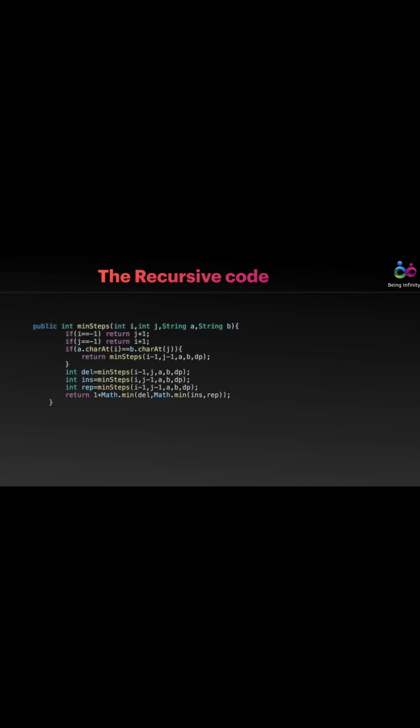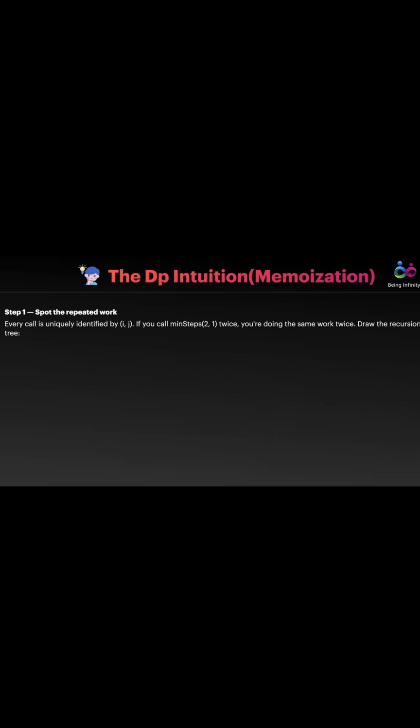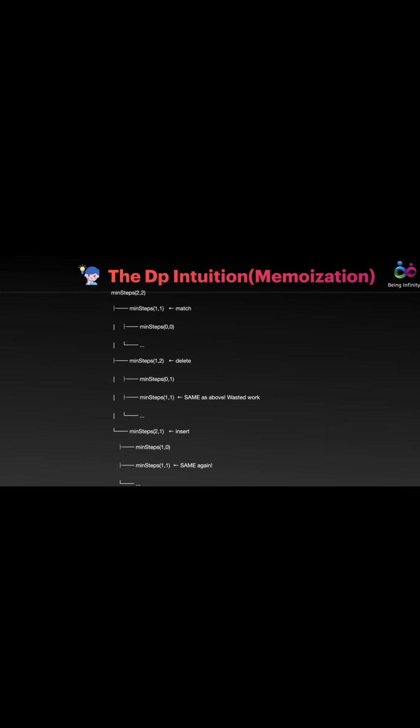and to convert this into DP code, we will be using memoization. That means we will be reducing the number of steps that we repeatedly calculate. The intuition tells us we do not need to calculate the values at each step. Every call is uniquely identified and we spot the repeated work in the calling of the function. If we see, we have called minimum steps (1, 1) 2 times, from the function calls (2, 2) and (1, 2). That is, we are increasing our work, and to decrease it, we can store these answers in an array. The array will be 2D because it depends on two variables, i and j,